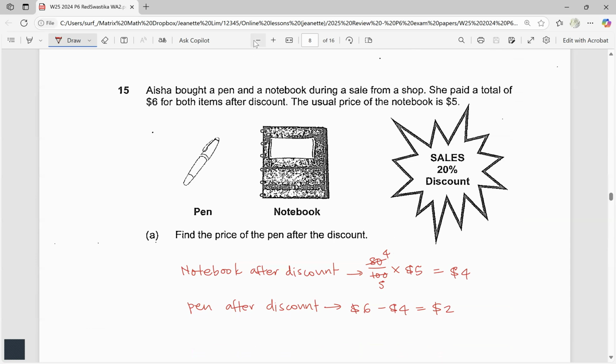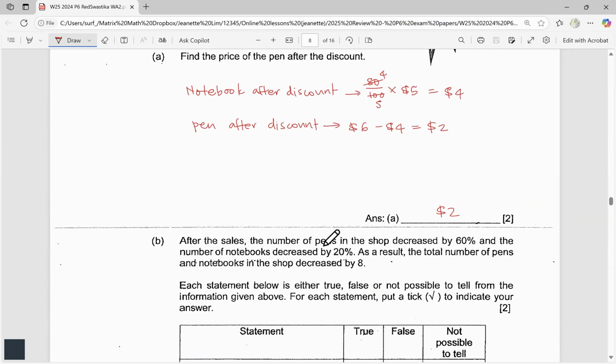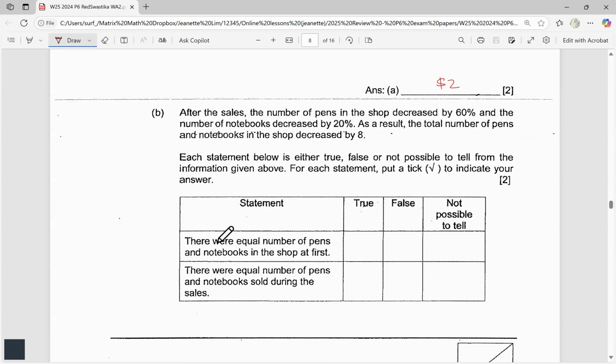Okay, then the next part. After the sales, the number of pens in the shop decreased by 60%, and the number of notebooks decreased by 20%. As a result, the total number of pens and notebooks in the shop decreased by 8. So you need to state whether it's true, false, or not possible to tell for each of the statements below. Okay, firstly,